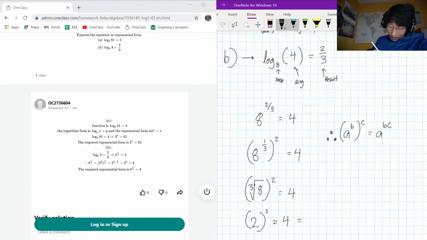And does this work out? 2 squared equal 4? You're absolutely right. We do have 2 squared equals 4. Okay, so with this one, when you have logarithms and fractions, just bring the fraction as the exponent when